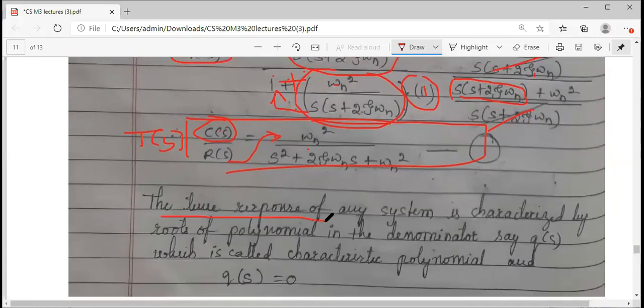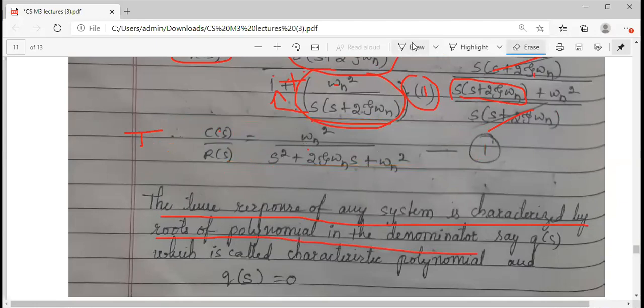So the time response of any system is characterized by the roots of the polynomial in the denominator. So you just check out here. If further I continue, taking C of S is equal to R into this. Okay, if you want to multiply. So finally what I want, ये जो भी equation आएगा, this is in frequency domain, S domain. I have to go for inverse. And in the previous session हमने देखा है, whenever we have gone for inverse, before that we have applied partial fractions. So उसके लिए ये जो denominator का term है, it is very important.